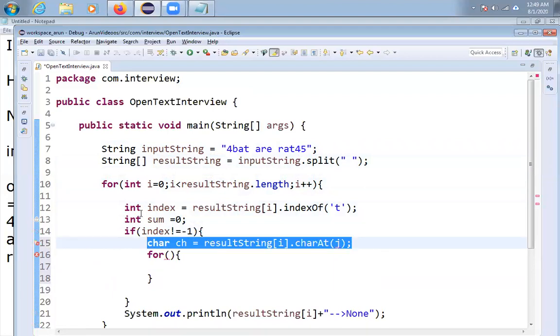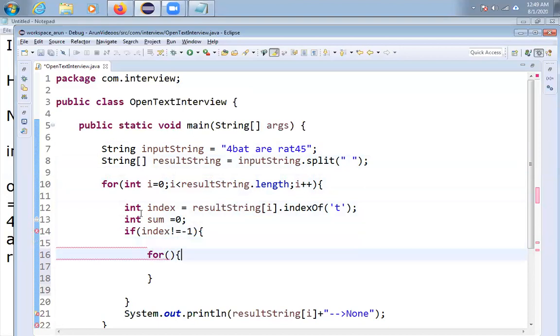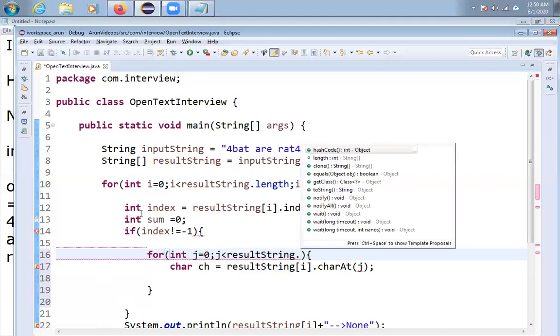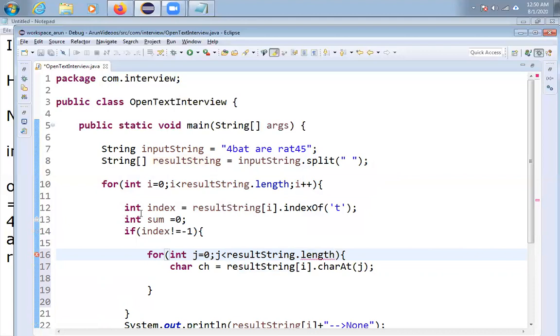Inside the for loop, I am writing int j equal to 0, j less than result string of i dot length, friends, j plus plus. Am I correct?